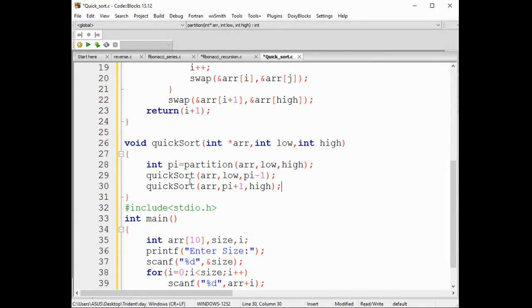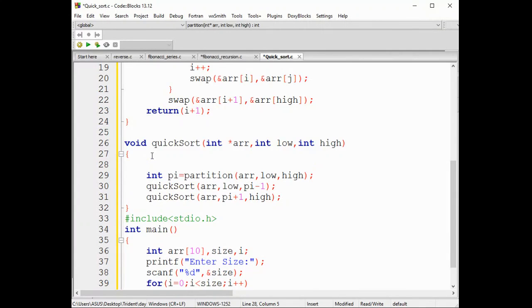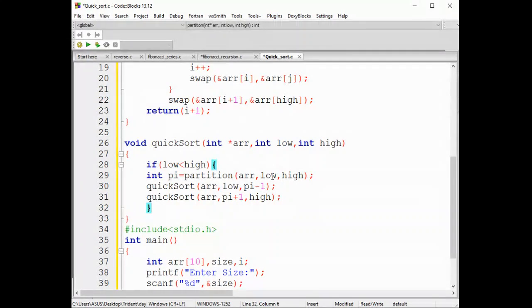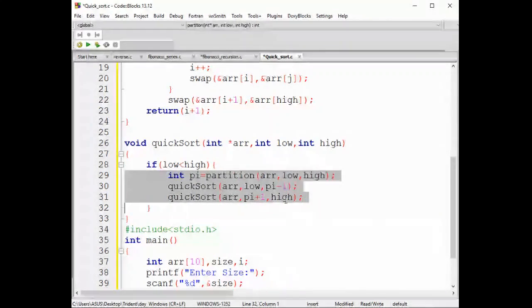So this is a process which is going to happen again until your low is less than high. Until your low value is less than high, I want this process to be repeated again. Is this clear, guys? I can notice that each and every time your low and high will be varying based on your pivot value, based on the breaking of the